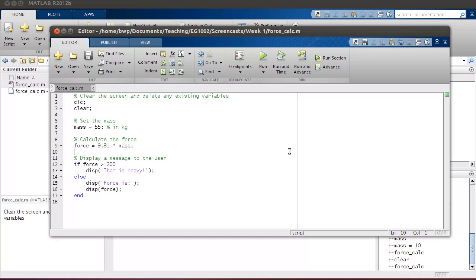So I've gone and made some changes to our force calc script, and there's a few things here that you may not have seen yet, so I'm just going to run through and explain it to you line by line. A great way to do that will actually be to set a breakpoint and then step through it. So I'll put a breakpoint here on the first line of actual code, which is line number 2, and then